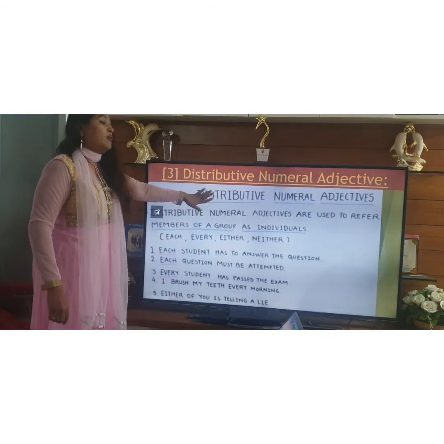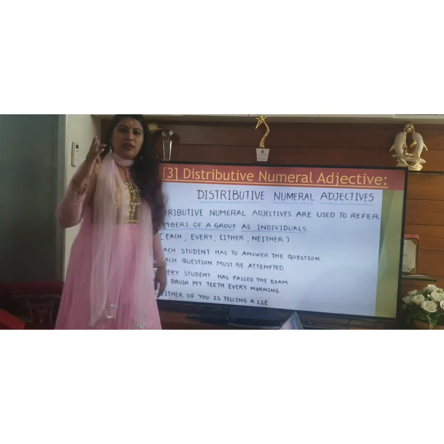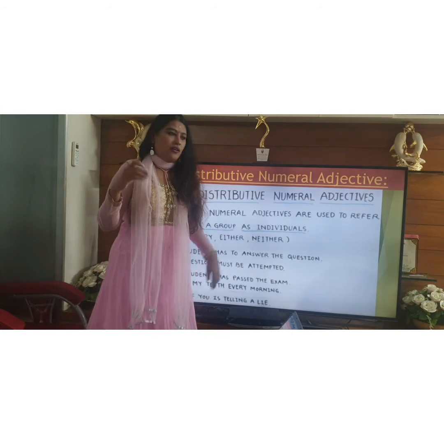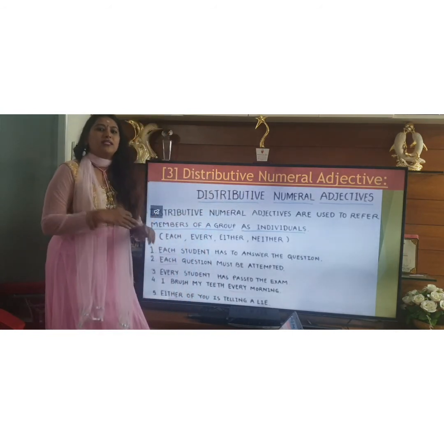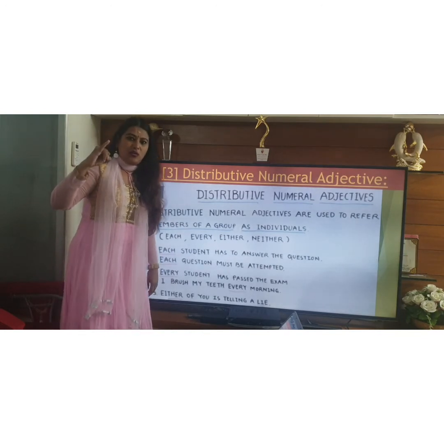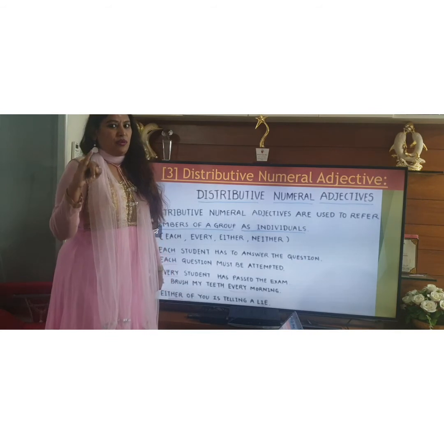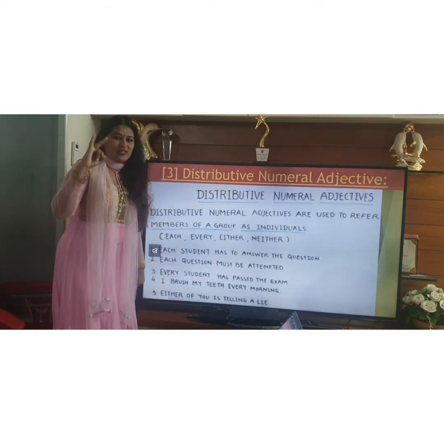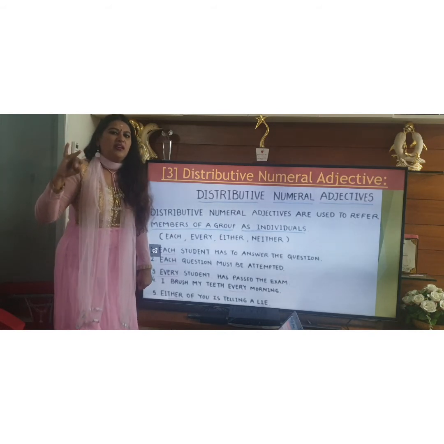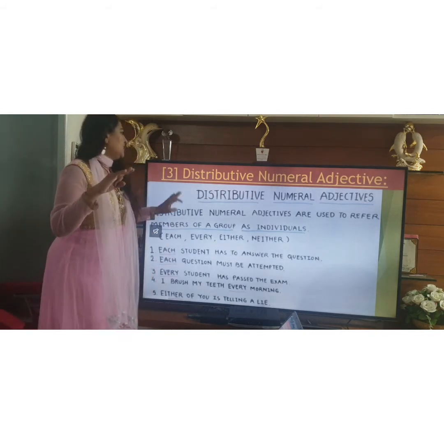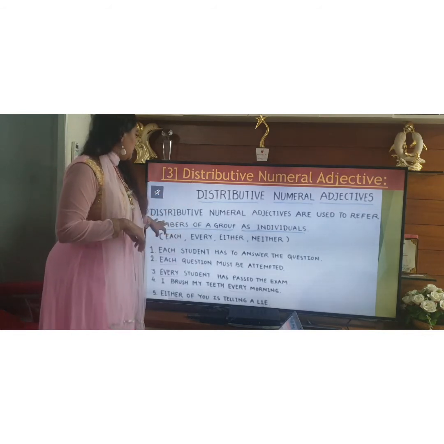Now, distributive. The third one is what? Numerical adjective. Now this is the fourth one here. In numerical adjectives, there are 3 here. First one is what? D-I-D, remember? D is Definite numeral adjective. Second one is Indefinite numeral adjective. It's not giving you a definite number at all. And the third one is distributive numeral adjective. In distributive numeral adjective,